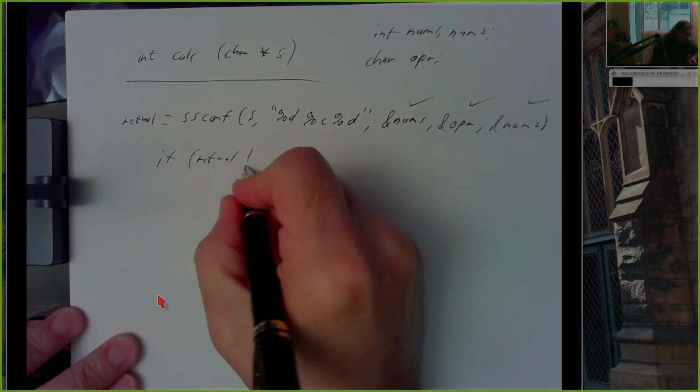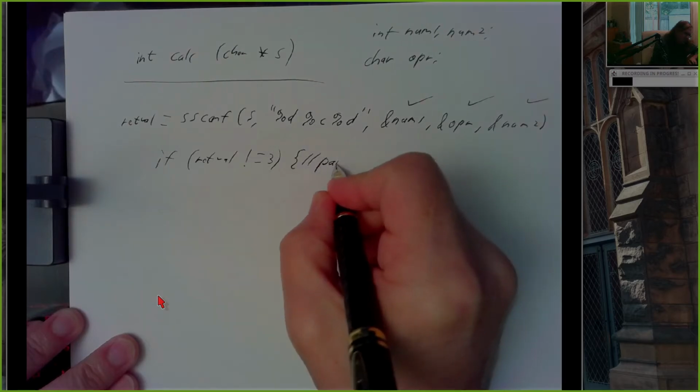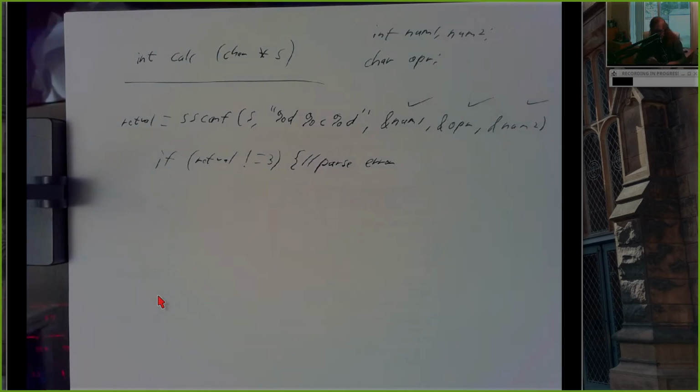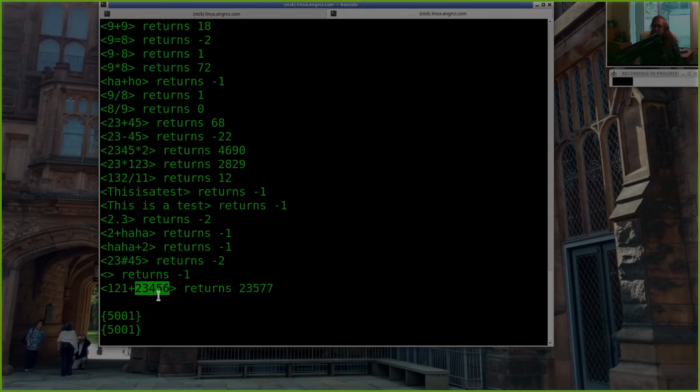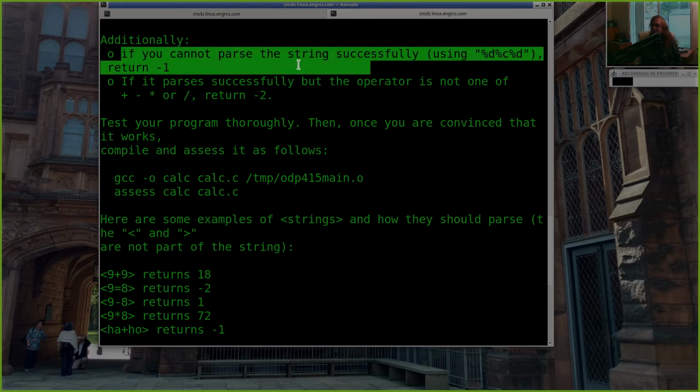So if return value is not equal to 3, that's a parse error. So what do we do if there's a parse error? If you cannot parse the string successfully using this pattern, return -1. So there you go, return -1 and you're done.